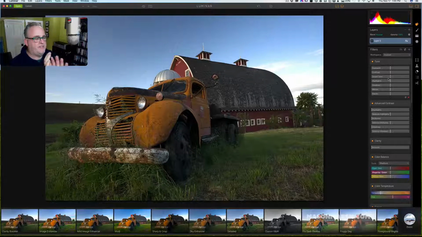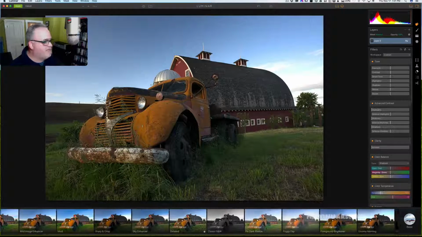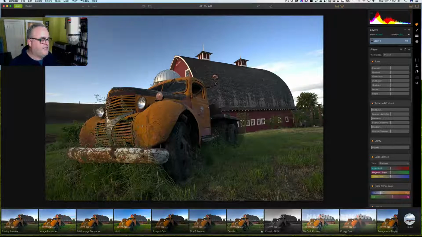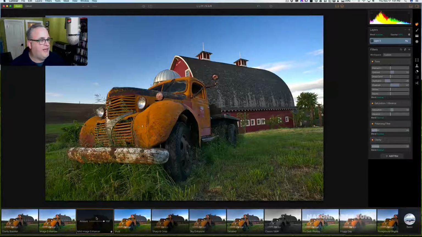Now, before I get too tied up in this right-hand side, I forgot I've got all these presets along the bottom, and one of the things I've realized in Aurora is this is often a good place to start with an image if you're not really sure, if you don't have a really clearly defined vision for what you want your photo to look like when you're done. You can test drive all kinds of different flavors of processing feel, and these are the basic ones here. So we go clarity booster, image enhancer, mild image enhancer. Let's click on that. That's probably a good place to start. Oh, that is nice. So it boosted the colors a little bit, gave me a little bit of sharpening, and it changed my